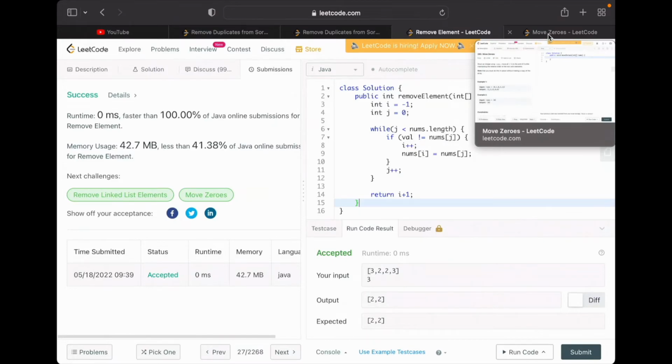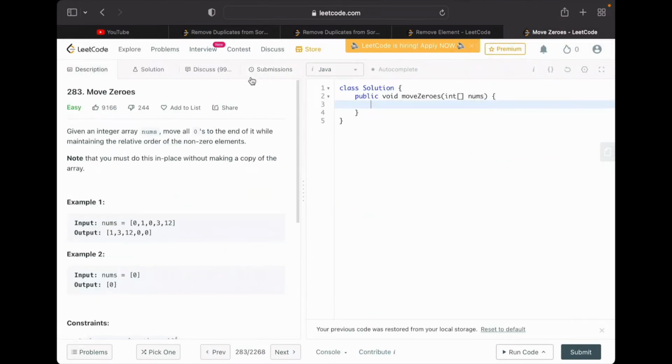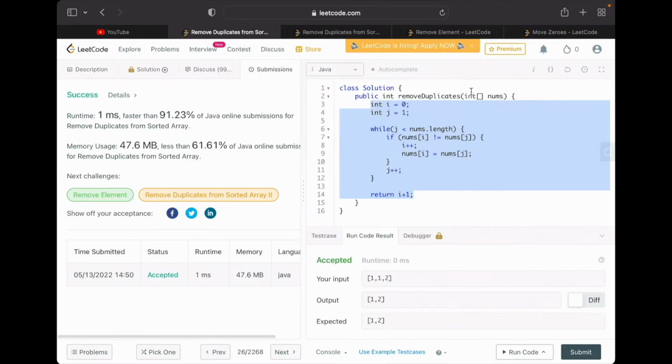Let's look at the last problem that we are going to solve, which is Move Zeroes. So in this problem we have to move all the non-zero elements to the front, or in other words all the zeros to the end of the array. So it's again similar to the first one. Let me copy it,